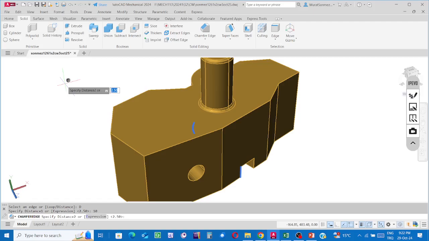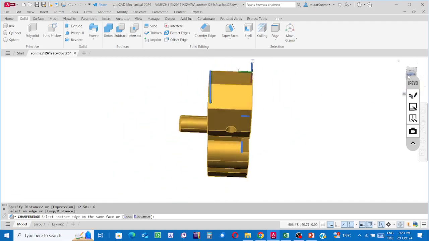Okay, the top surface is greater in size, so I said that over that surface, the chamfer distance is 10. The vertical surface is smaller in size, so the second chamfer distance, not 10, but say 6 millimeters. And then press enter, and the system asks where the edge is. Indicate this edge. And then see this simulation. Well, in this direction,